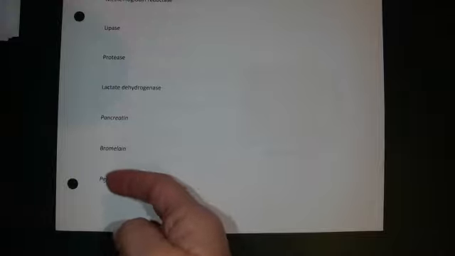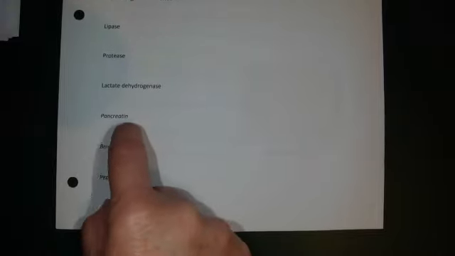What I'd like you to notice about these three enzymes is that their names end in IN. These are kind of some old-timey enzymes. These were some of the enzymes that were first identified and isolated by biochemists. They are found in the digestive system. That should make sense if you were a biochemist in the early years trying to make some sense of biochemistry in the body. Digestive enzymes are easy to get at compared to other enzymes that might be inside cells throughout the body. These are in the digestive juices and so on. And so these were easy to isolate and identify. They named them with the IN ending.